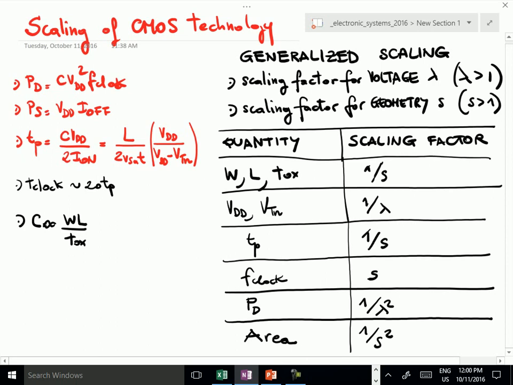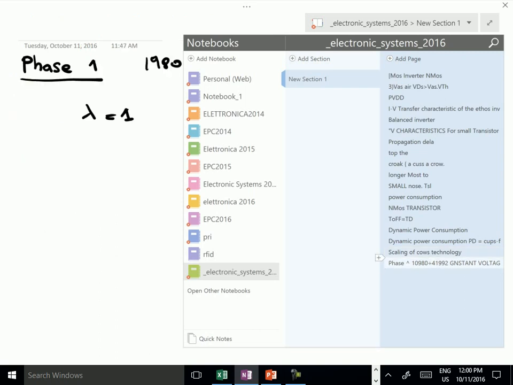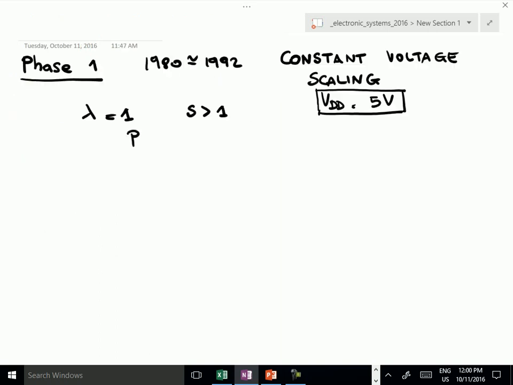So the power consumption per unit area goes up as S squared. Okay, so what are the implications? PD over area is proportional to S squared. You have an increase of power density